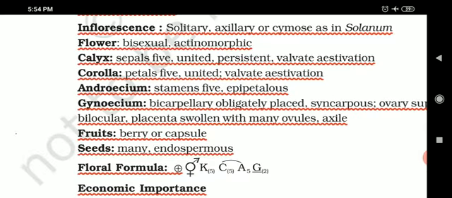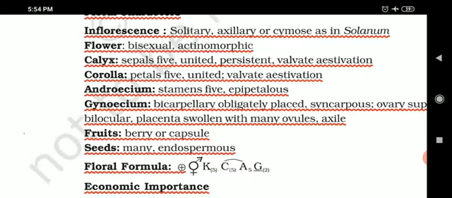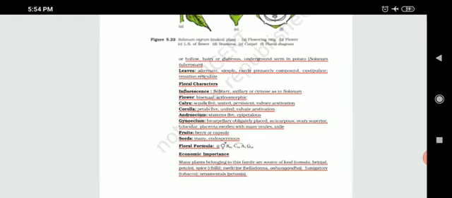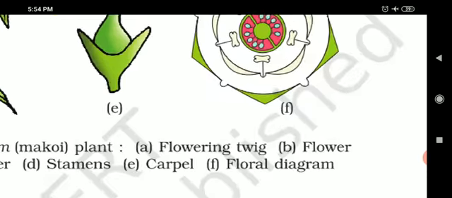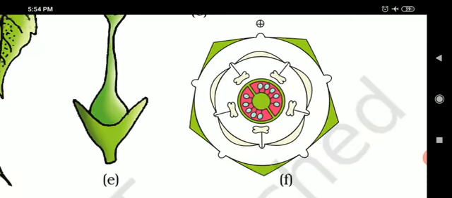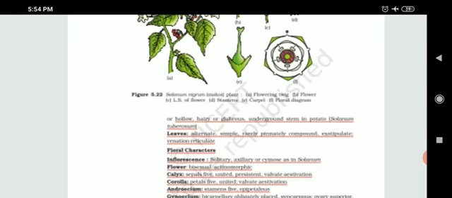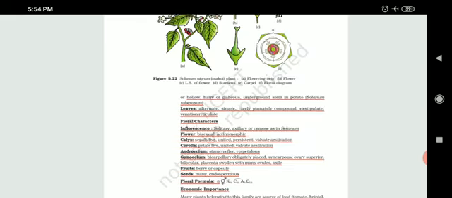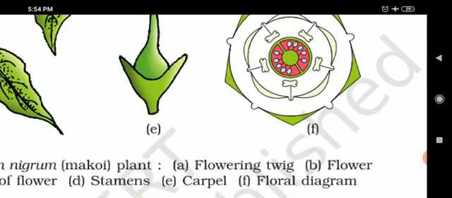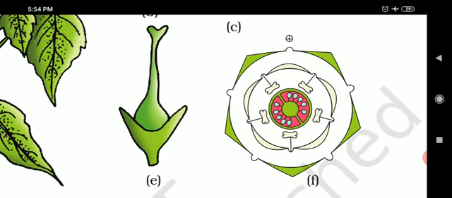So we have talked about the androecium. Now let's talk about gynoecium. How many carpels are present in it? There are 2 carpels, so it is known as bicarpellary. As you can see, the ovaries are fused, not separated from each other. So the condition is known as syncarpous. Then the ovary is superior, which means a hypogynous flower. Bilocular because 2 locules are there. You can see the pink structures. How many are they? They are 2, separated by the placenta.